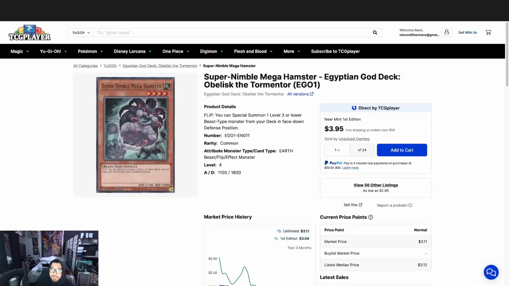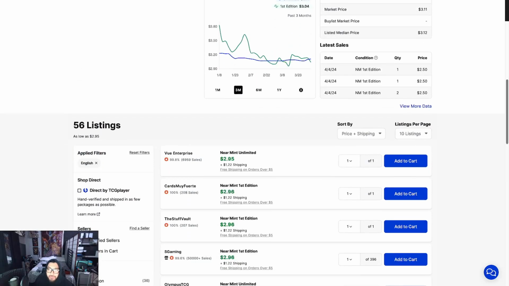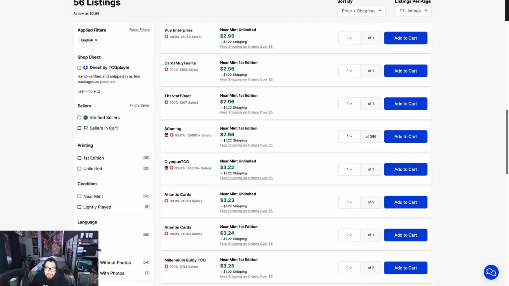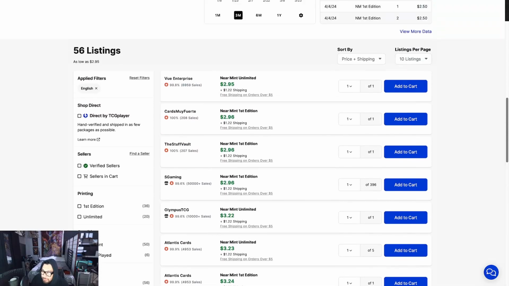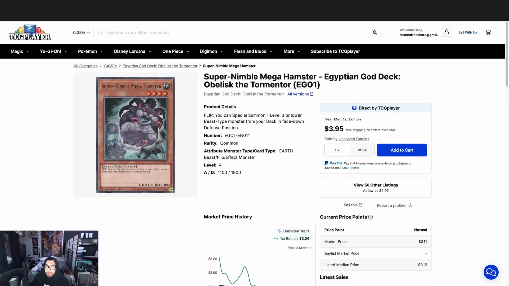This one came out in the Egyptian God deck, Obelisk the Tormentor. We have this card right now at $2.95, $2.96, $2.96, $2.96, $3.22, $3.25, $3.27, and $3.66. So it's trying to climb up to the $4 price point. Like I said, something you might want to dig through bulk for if you opened up the...